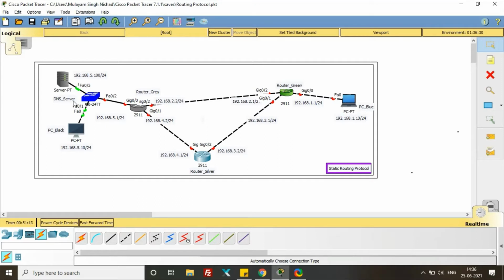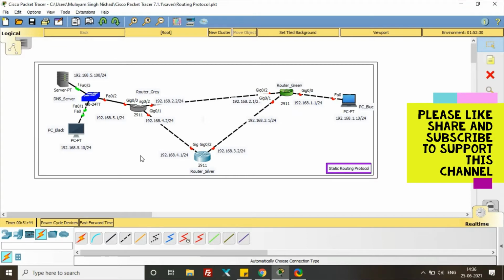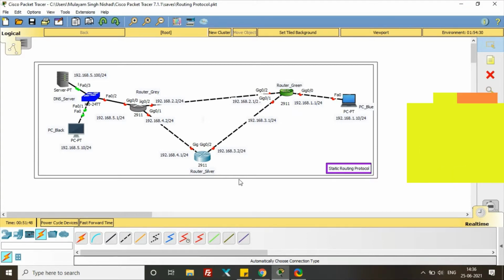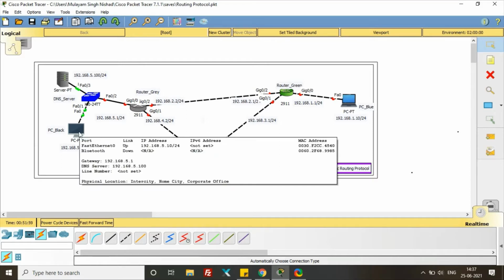That is not required in this topology because we are learning only the static routing protocol, but still I have connected a few end devices like a server, PCs, and one switch also. For static routing, firstly we have to know how to configure an IP address in Cisco Packet Tracer for each device. These are the PCs, and on the PC I have already configured the IP address, and you can check how I configured it.